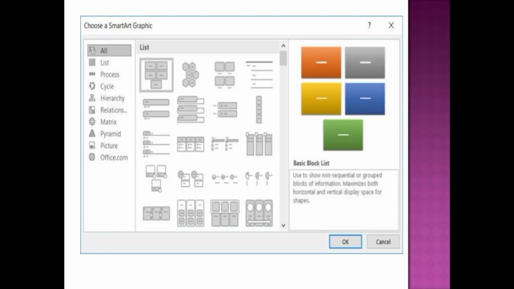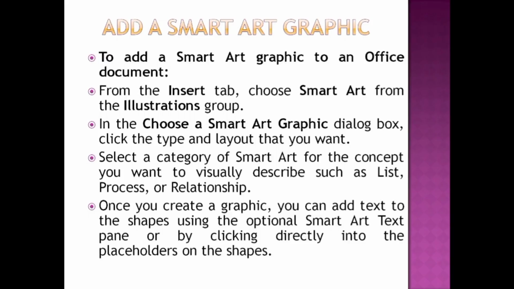Now we will learn practically how we can insert SmartArt, clip art, and WordArt in our document. Here we have to follow some steps to add SmartArt graphics. To add a SmartArt graphic to an Office document, first, from the Insert tab, we have to choose SmartArt from the Illustrations group.